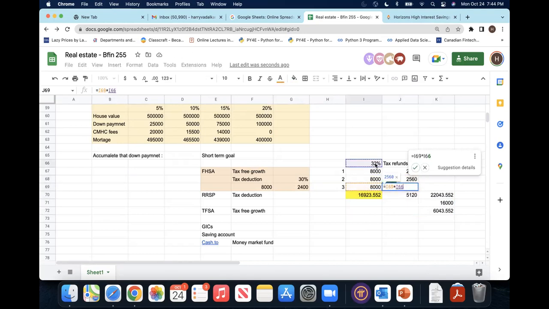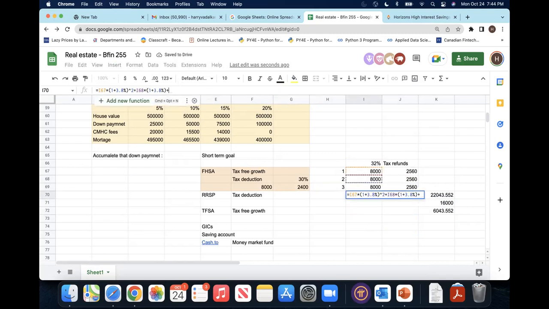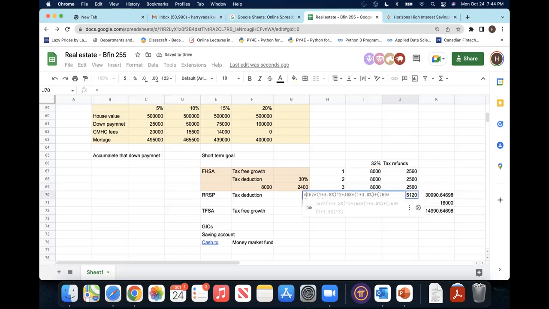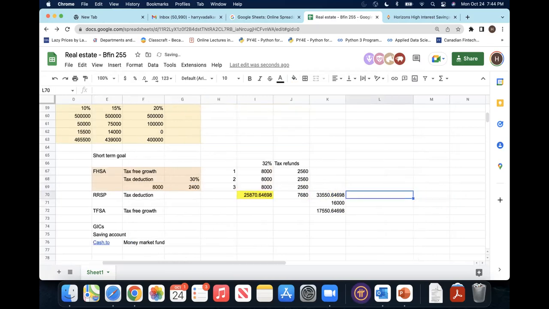Okay, I'll show you the math for 3 years also, because 3 or 2 years will be one of the common goals for you. So this will be one more $8,000. Okay. So if you do it for 3 years, just 3 years instead of two, you get $25,000 tax free